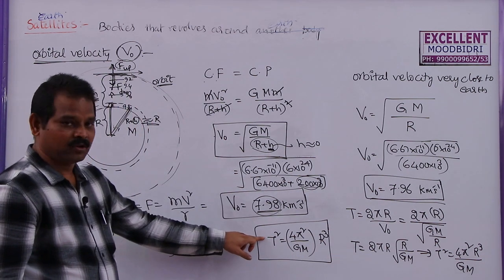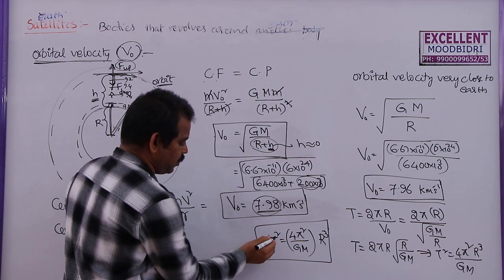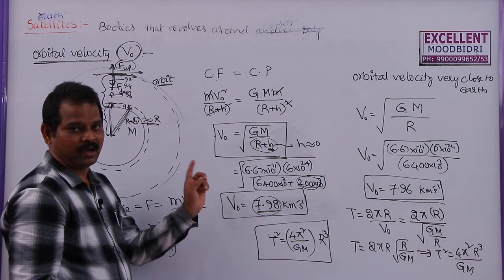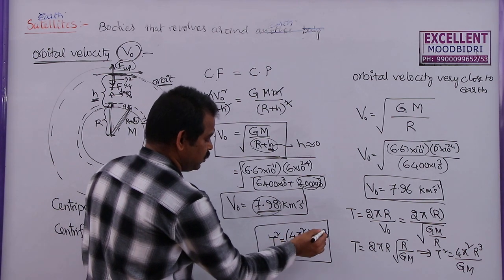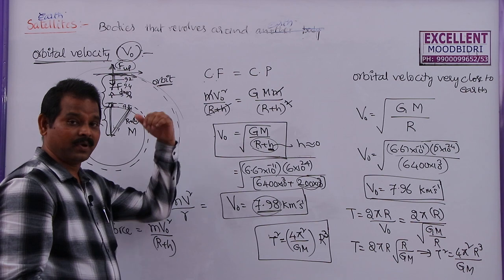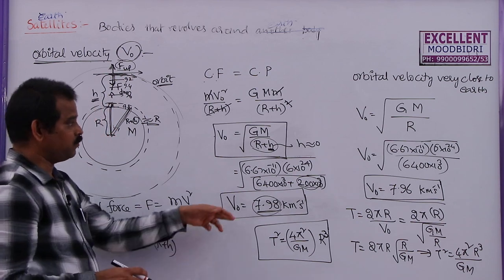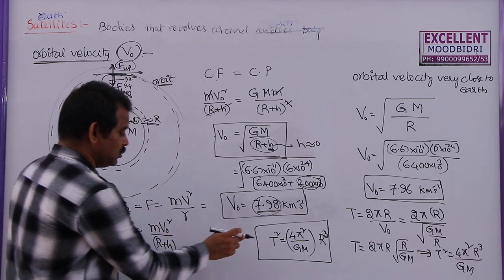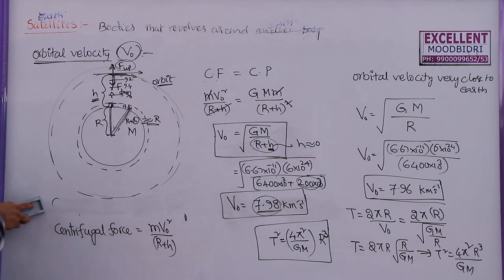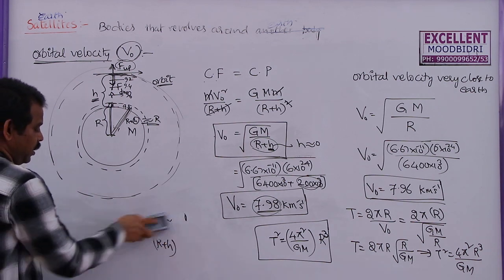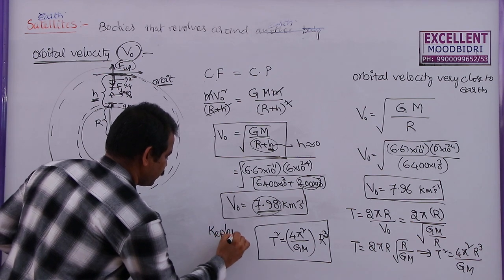So from Kepler's laws of planetary motion, the third law of periods: the square of the time period of a satellite or a planet around the Earth, around the Sun, is directly proportional to the cube of the mean distance between the Sun and the planet. That is applied for planets and the Sun. But the same expression given for planets can be applied even for satellites. That means this is not only for planets. You can use this expression for artificial satellites that are revolving around the Earth. So in this case what we can write? This is Kepler's third law.